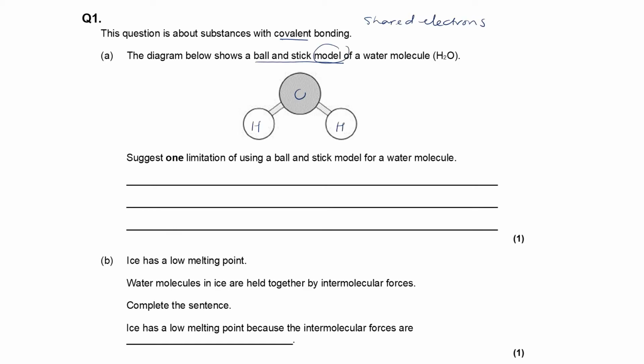So one of the key things about the exam technique approach is to read and annotate as you go along so that you're picking up any of the clues, you're highlighting these things. Part A says the diagram below shows a ball and stick model of a water molecule. Okay, so it's a model. So that means it's not the actual thing, it's a way for us to understand how something we cannot see actually works. So I've immediately labeled the atoms in the model, in the diagram,